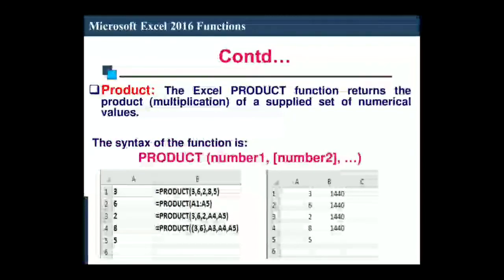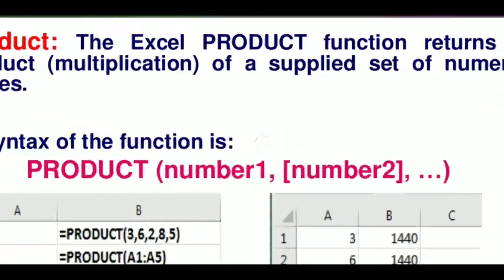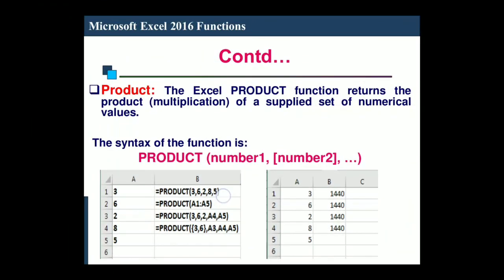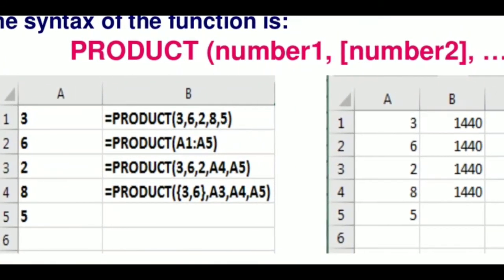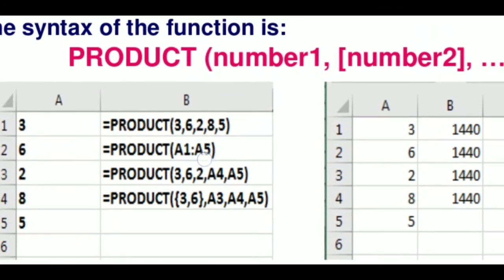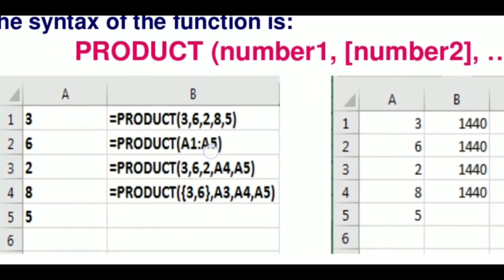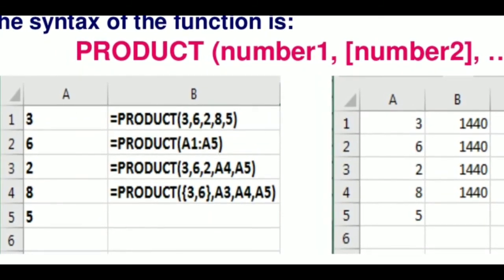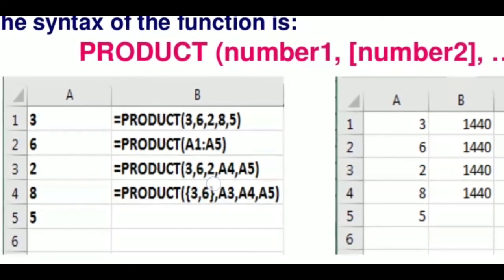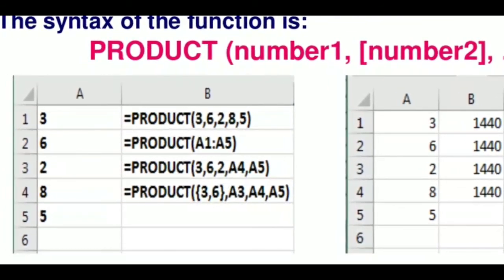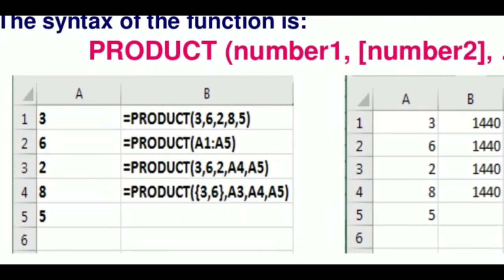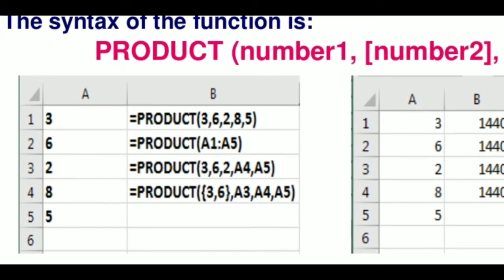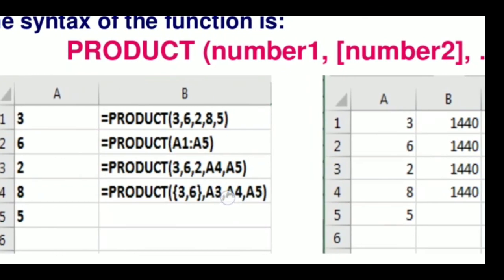Now to multiply numbers, as I have discussed earlier, we can use product function. Product function can be used in the following ways, like write the numbers in between the brackets with the function name like this and press enter key. You can write range of values like A1 comma A5 in bracket with the function name, and we can also write it in the following way, numbers along with the cell references. And here is another way of using product function, values in bracket with cell references, the result will be same.